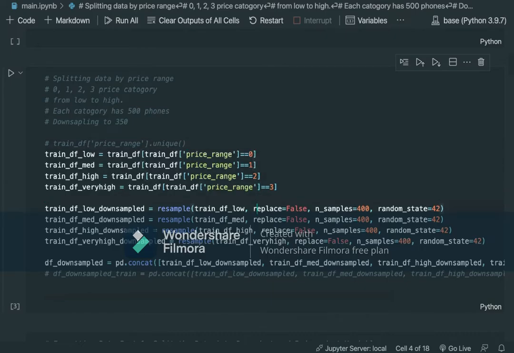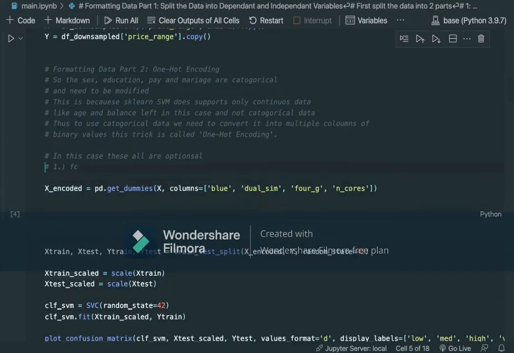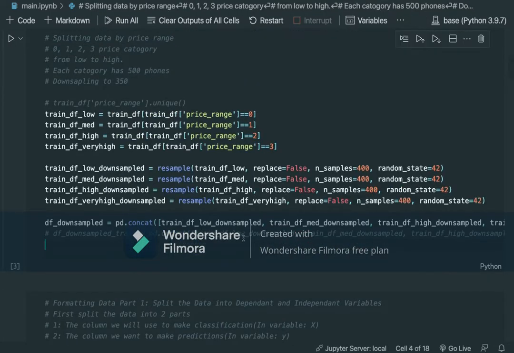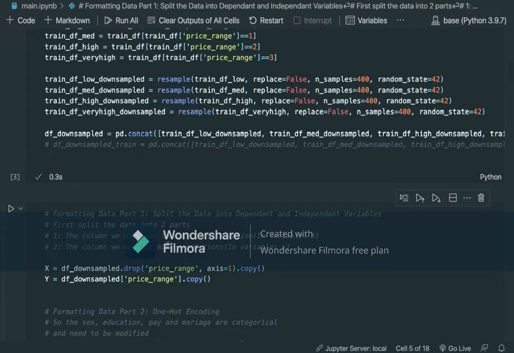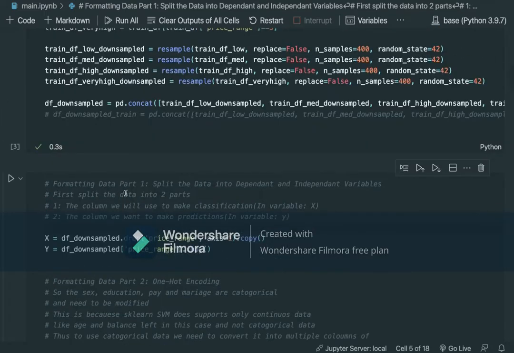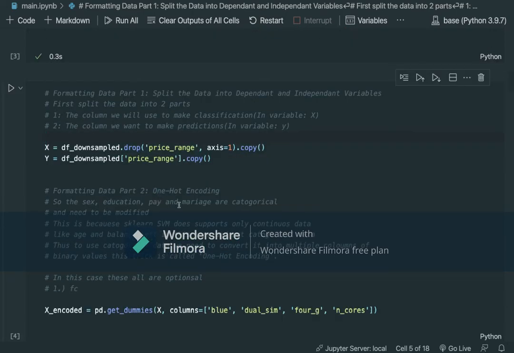Now, there are four categories of price range, like very low, medium, high, or something like that. And what I'm going to do is downsample these samples and format them into one data frame. And after I did it, now what I'm going to do is